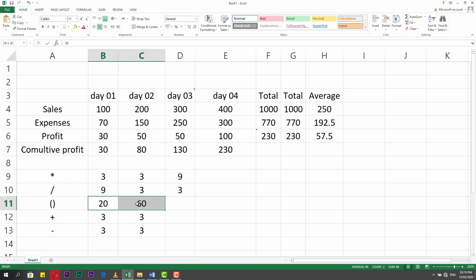If I have these two cells and I need to make a percentage for this cell, as an example, this is the profit for day 2 and this is the profit for day 1, and I want to know how much the percentage is coming from day 2 to day 1. What I make: equal, and total this minus this. Now I get the profit between day 2 and day 1, and in this example it will be 40. Okay, after this I need to divide by